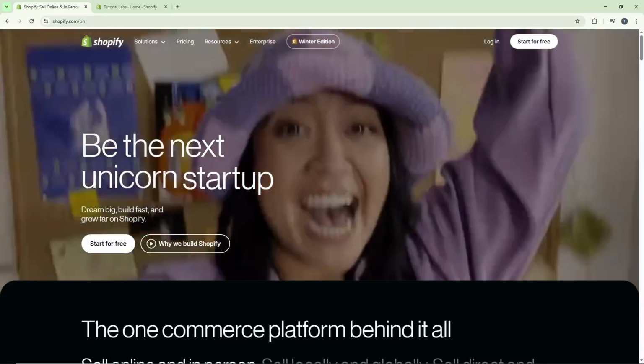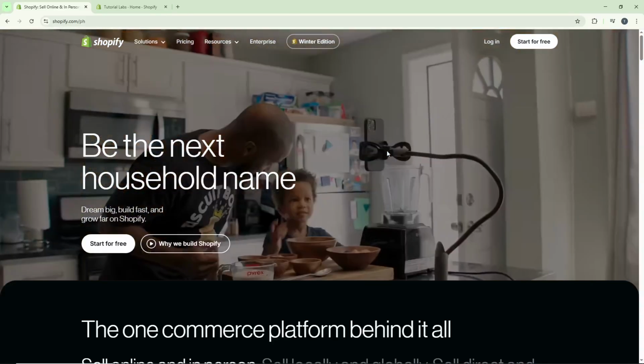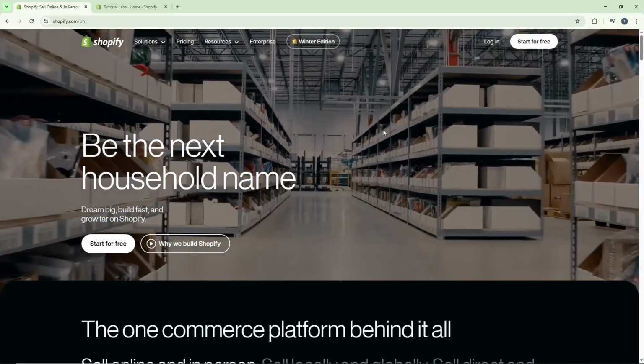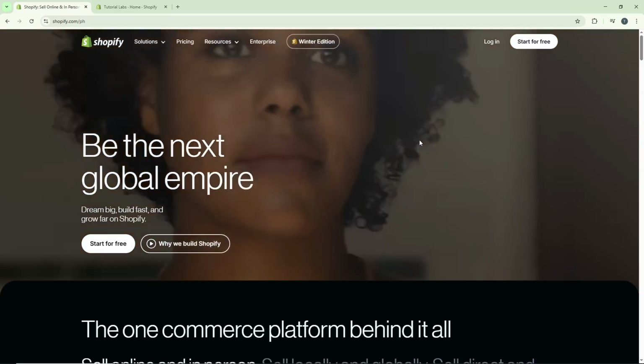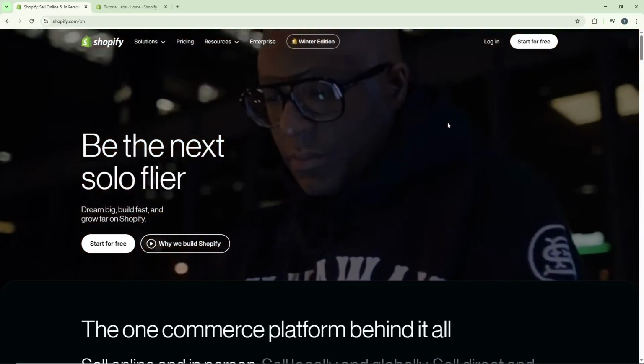Welcome back, everybody. Today, I'm going to teach you how to fix a missing product description block on your product page in the Shopify Dawn theme. This is a common issue that can make your product pages look incomplete, so let's walk through the solution step